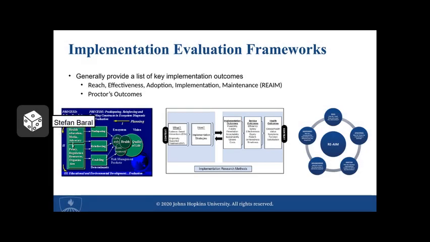And then just to briefly say that there are also implementation evaluation frameworks. Normally we just evaluate process indicators, I mean, how many education sessions did we have, or how many condoms did we distribute, or an outcome, like HIV incidence, did it go down, for example. But what I'd also like to encourage you to do is to think about, as you're evaluating your programs moving forward, how are you actually evaluating your actual strategy?